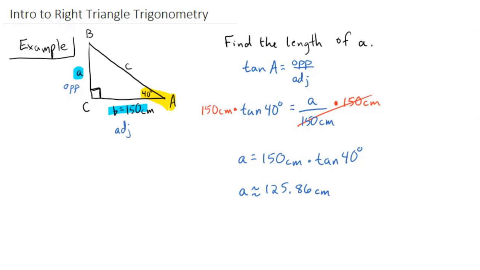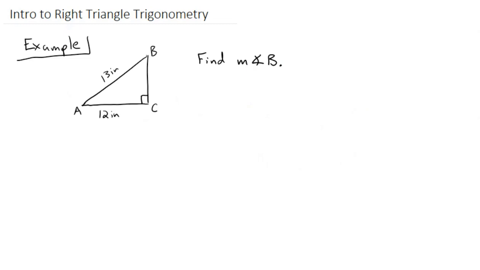Let's look at another way of using this trig. Alright, so we have another triangle here, ABC, and they gave us the length of two of our sides. They're asking us to find the measure of angle B. So in this example we have two sides and we're using it to find the measure of angle B. In the previous example they gave us an angle and a side and we used it to find another side. So the way you start out on this is kind of the same way we did on the others,